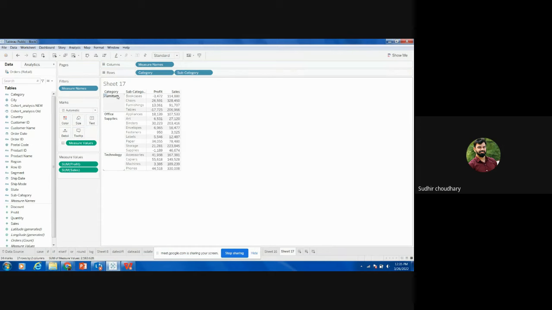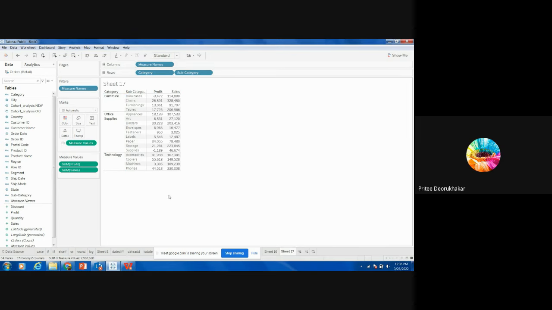So in furniture, we have 4 subcategories. In office supplies, we have 9 or 10 maybe. In technology, there are so many subcategories, right? So Tableau arranges itself according to the requirement.